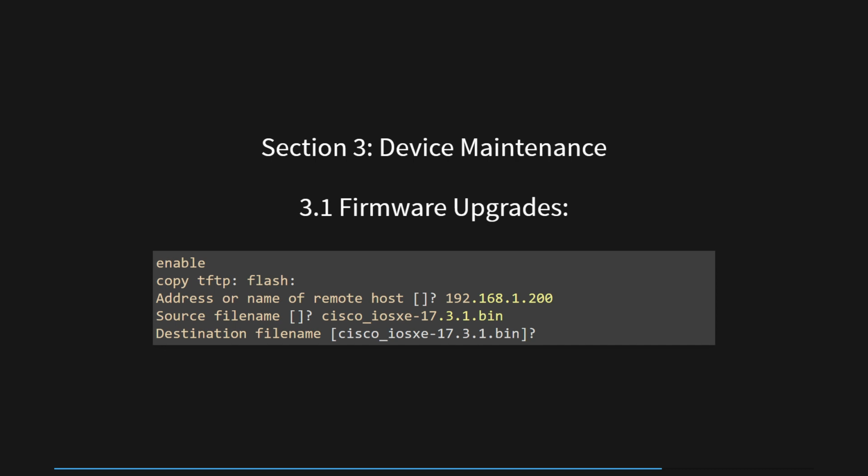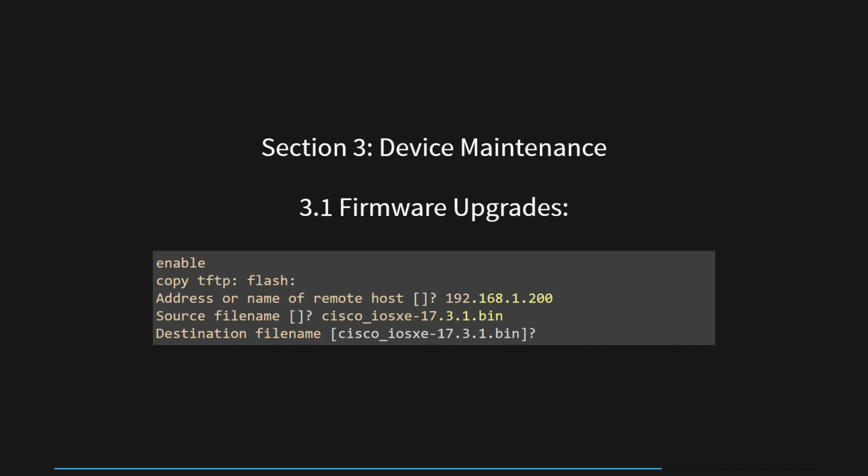The system prompts them to enter the IP address, or hostname, of the TFTP server, which in this case is 192.168.1.200. They provide the file name as the source, which represents the new IOS XE image to be used for the upgrade.